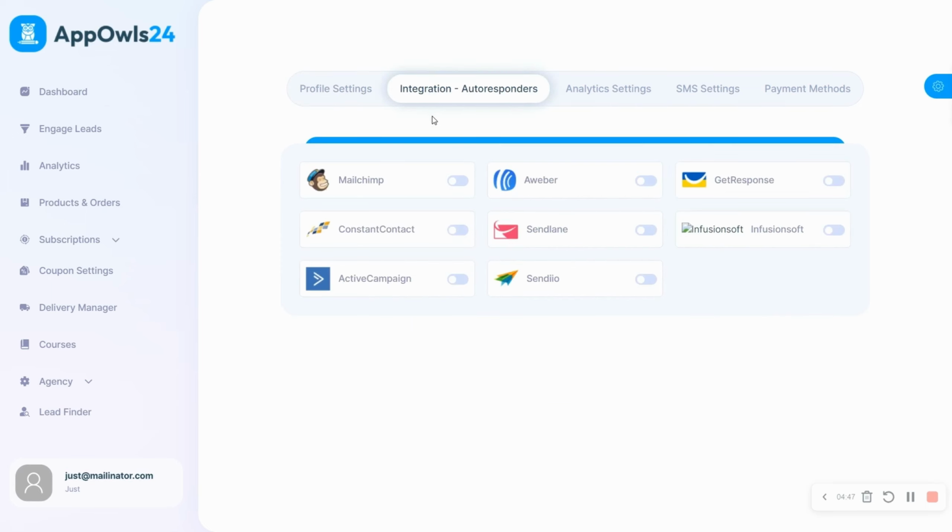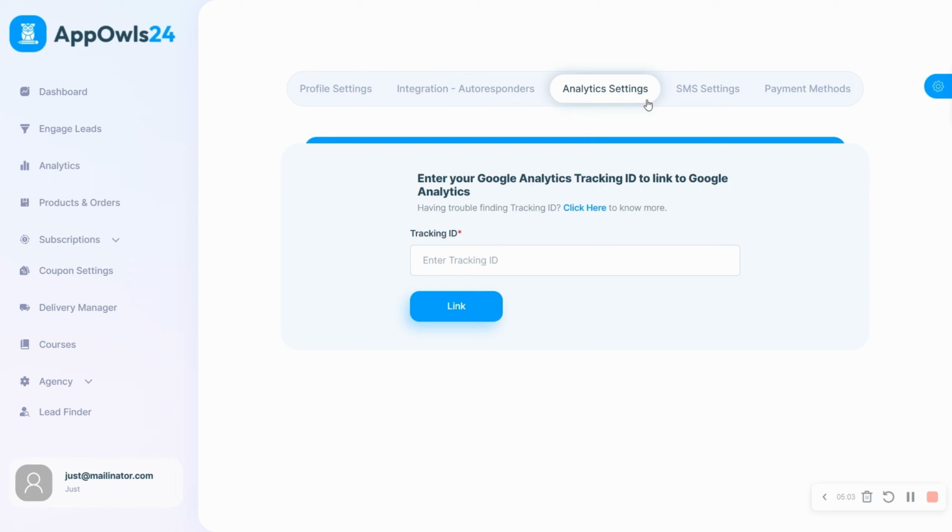Then we have integration autoresponders. We understood this point and engage leads and all the elements here. There was an option to select an autoresponder, so here is how we can link them to our account. Analytics settings, here you will be entering your tracking ID and link it to your account, so that it will help in all the apps that you generate from this tool to get the viewers and analytics